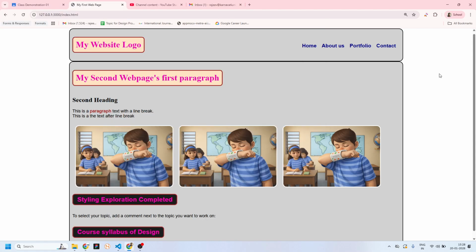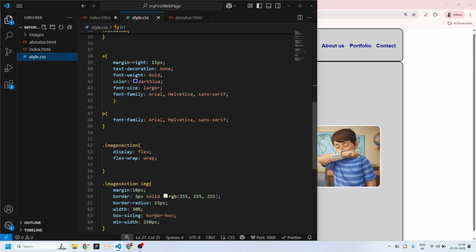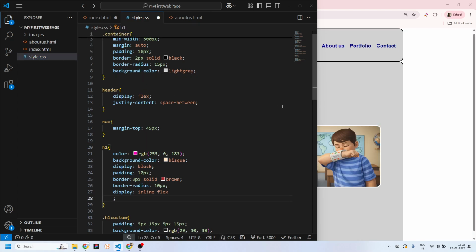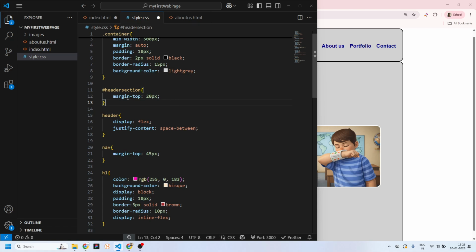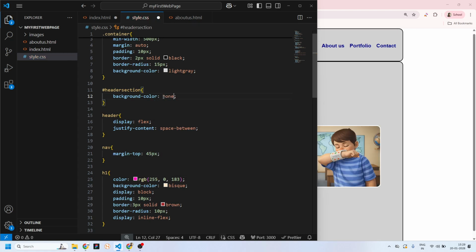तो मेरे को दो पीस मिल गए। अब अगर दो पीस मिल गए तो ये जो कंटेनर क्लास है इसके सारे प्रॉपर्टीज उसके अंदर हम दे देते हैं, लेकिन इस क्लास के साथ तुम्हें याद होगा कि हम आईडी भी असाइन कर सकते हैं, और इसको अगर हम आईडी हेडर सेक्शन दे देते हैं और फिर जाके स्टाइल सीएसएस में जहां पे हमने कंटेनर को स्टाइल किया है उसके नीचे, क्योंकि ये आईडी है, आईडी स्टार्ट्स विद अ पाउंड साइन, एंड यहाँ पे हम हेडर सेक्शन डाल के, अब इसका बैकग्राउंड जो है अगर मैं चेंज कर दूं, क्योंकि मुझे ग्रे नहीं चाहिए बैकग्राउंड कलर, और मैं व्हाइट भी चूज कर सकता हूं, और मुझे सिंपली हटाना है तो मैं उसको नन कर दूंगा। बट नन वर्क कर रहा है क्या,